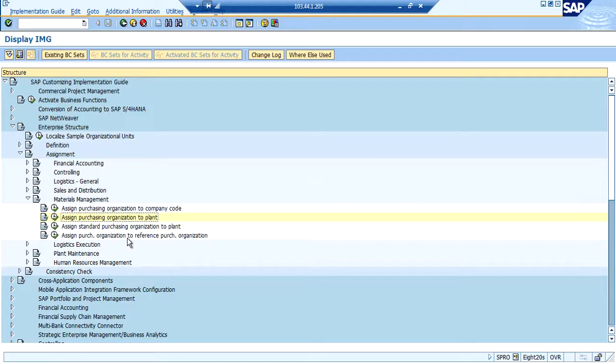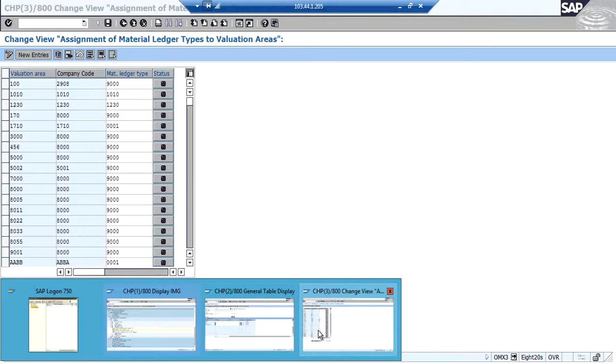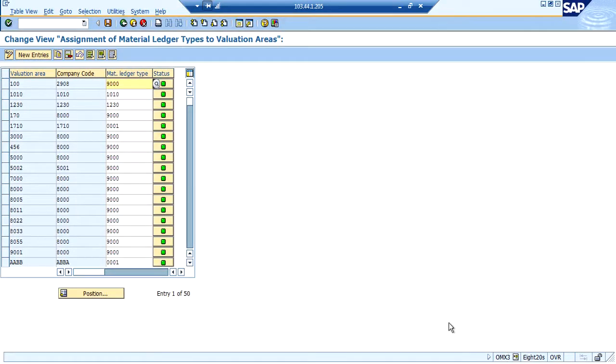Now once plant, purchase organization and company code assignments are done, this is the traditional method of assignments in ECC, whereas in S4HANA there is an additional step called OMX3, where material ledger is mandatory.